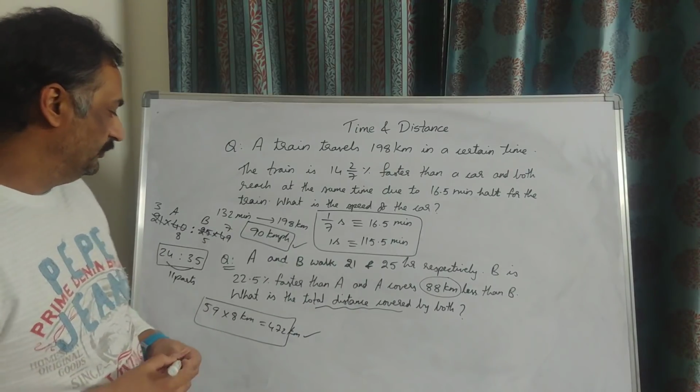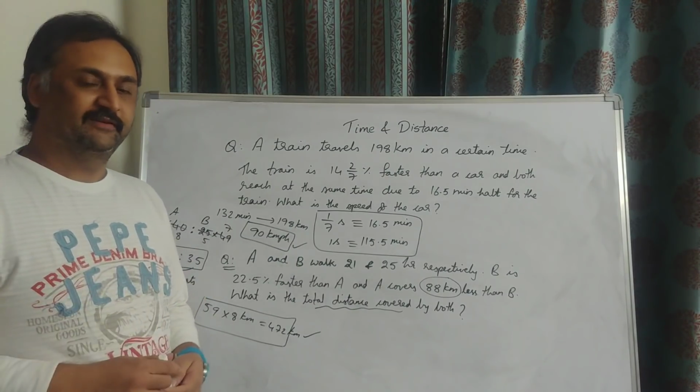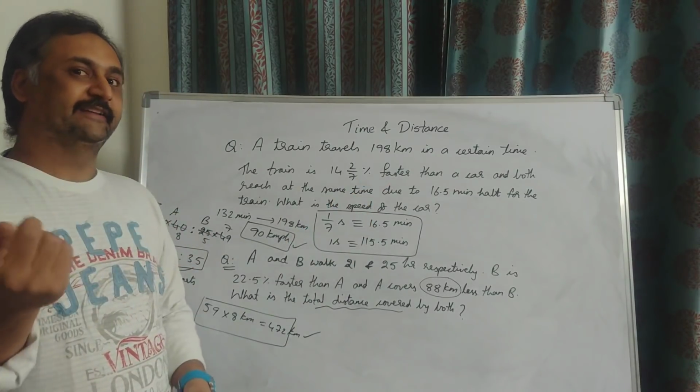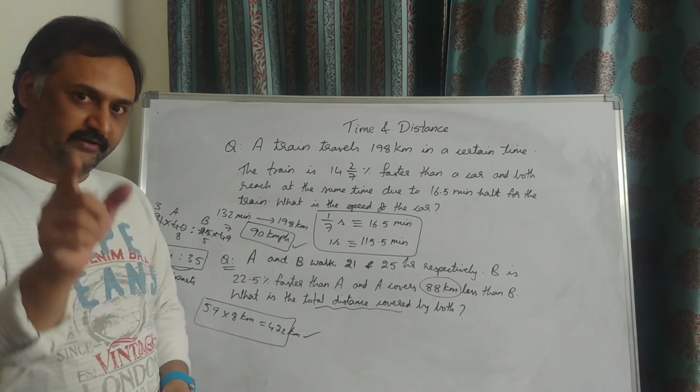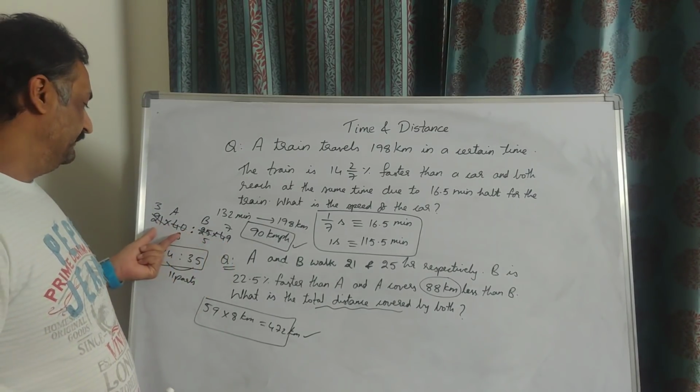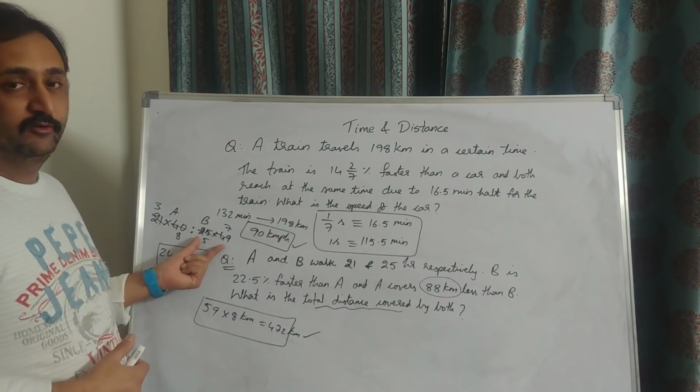So I am simply taking 22.5%, which obviously is 9 by 40. So 9 by 40 more. So 40 here and 49 there. Because of that 40 in the denominator, I assumed 40 here, and this person becomes 49. The distance covered by this person and the distance covered by this person are in the